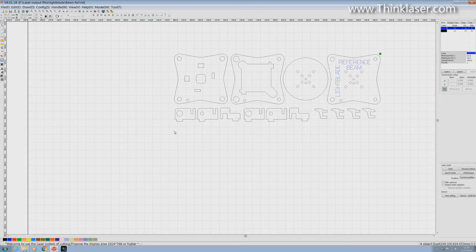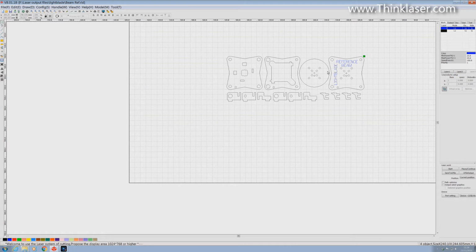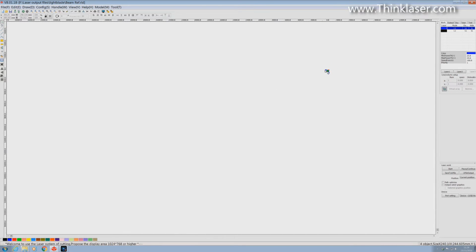Although RDWorks is fairly bulletproof, there are times when you can get it to crash. And if you're partway through your programming, and it may be a big program, and the program crashes, you are going to be a little bit frustrated. Now, you'll notice how I've just zoomed out there with my scroll. If we take a look up at the top left-hand corner, we shall find that this is v8.01.18. That's issue 18. There have been lots of issues of this program, and something which has been fixed and hasn't been fixed. And if I scroll out far enough, completely,